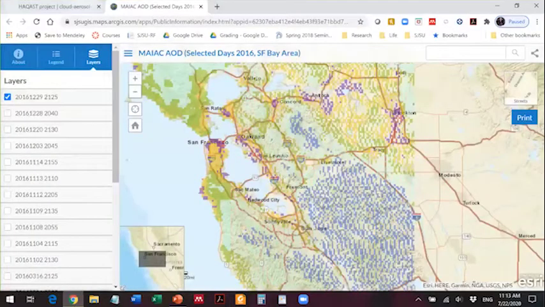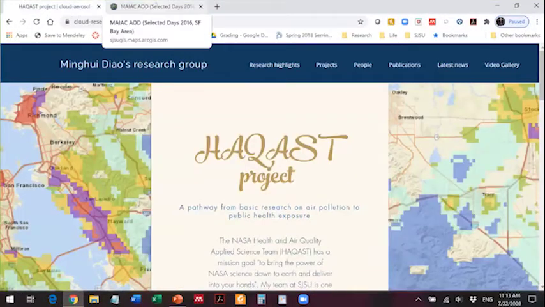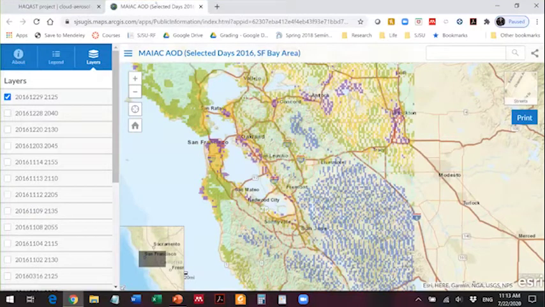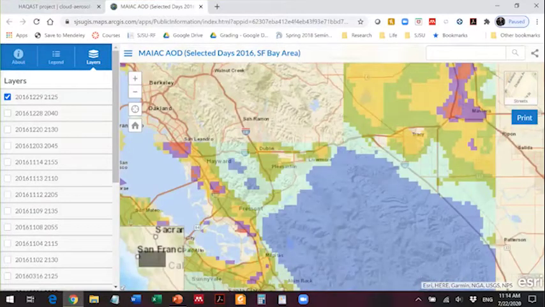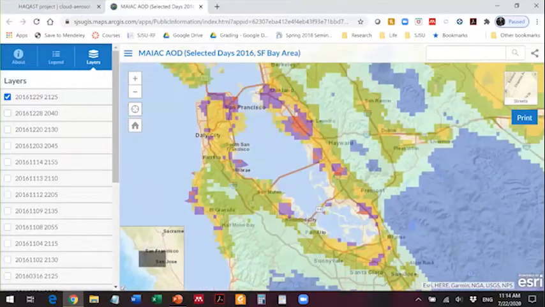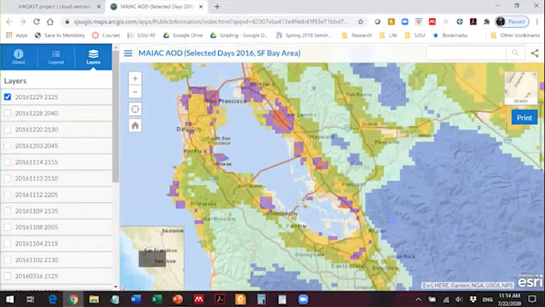So first of all, you can go to my HAQAST webpage, and then there will be a link to different days. And this is based on the ArcGIS platform. If I select a certain day, such as 2016, December 29, I can zoom in and see what is happening in the Bay Area. Here, you can clearly see some hotspot that is hugging around the highway in the Bay